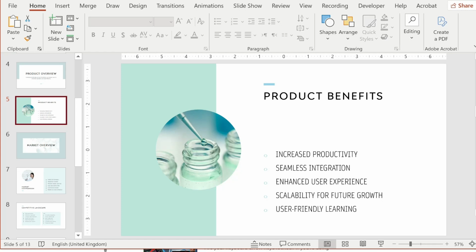Are you looking for how to save your entire PowerPoint presentation as images? Then keep watching. So first you need to open the PowerPoint presentation and then click on the file on the